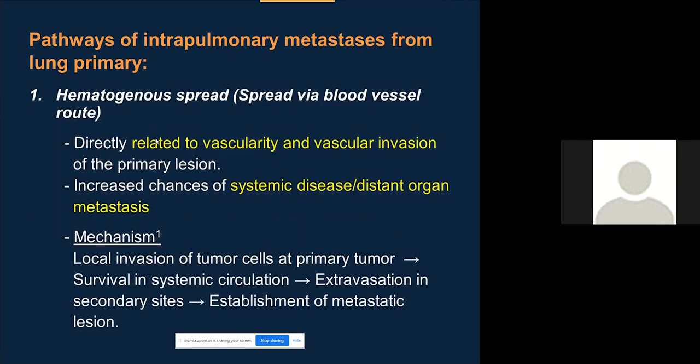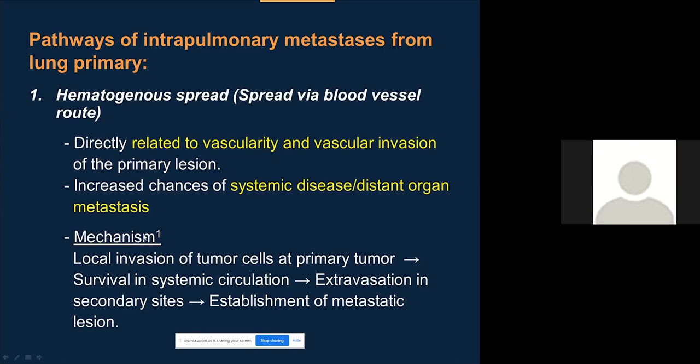The pathways of intrapulmonary metastasis from a lung primary cancer is either hematogenous spread, so via blood vessels. It's related to vascularity and vascular invasion, and increases the chances of systemic disease, distant organ metastasis. The mechanism, as you know, is local invasion, survival in systemic circulation, extravasation in secondary sites, and establishment of metastatic